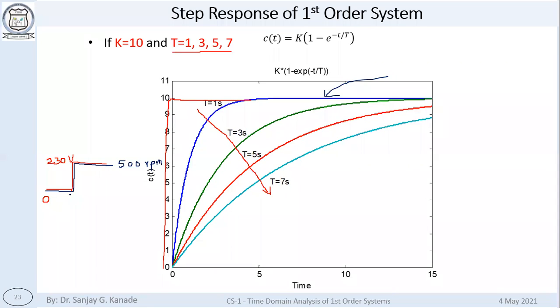The speed increases slowly like this. Now, how slowly? It may increase like this. It may increase like this. It may increase like this. So that is what I have drawn here. If the time constant of the system is higher, the response will be slower or sluggish. Okay. So ideally, what we want is that the time constant should be as low as possible.